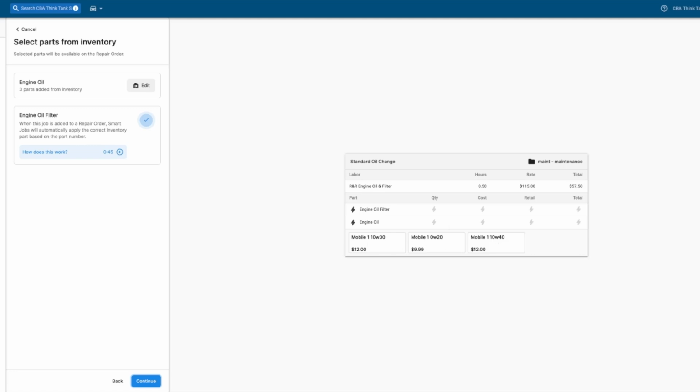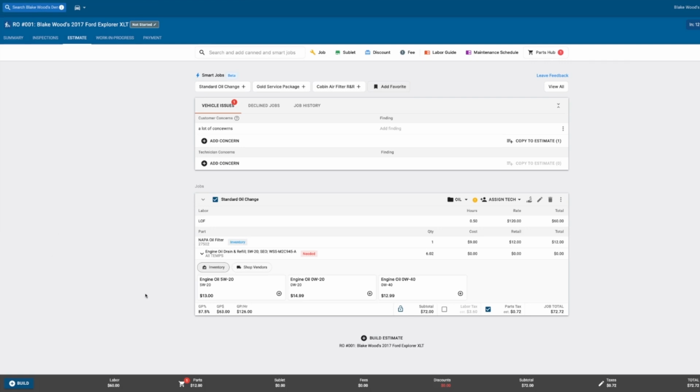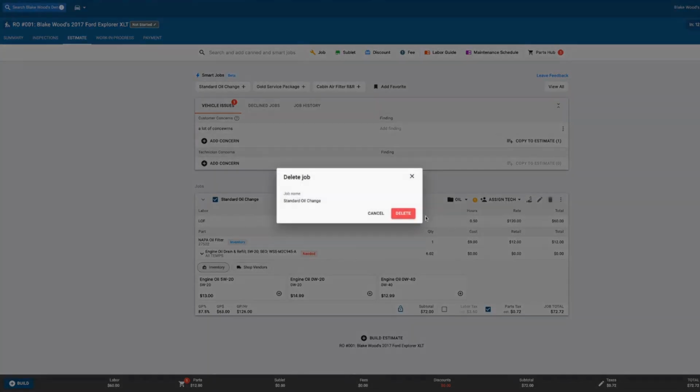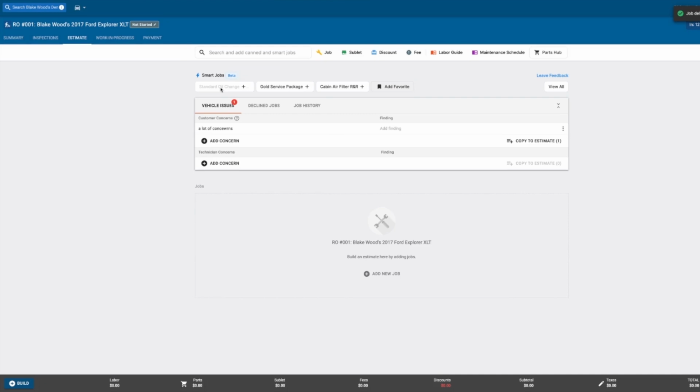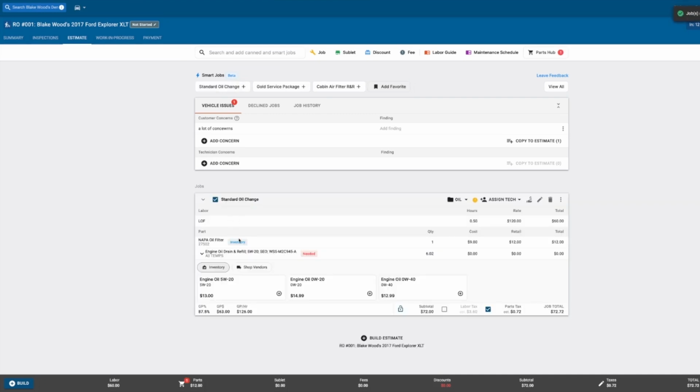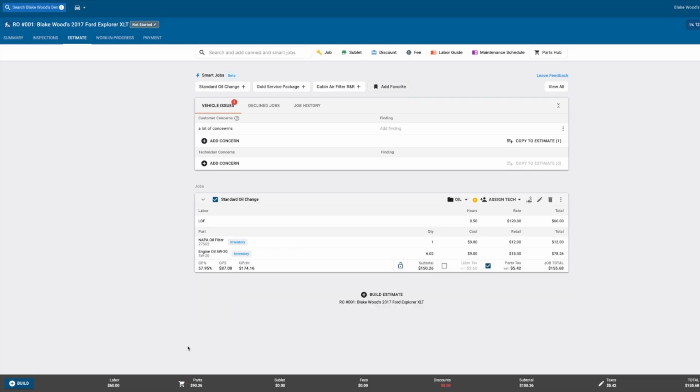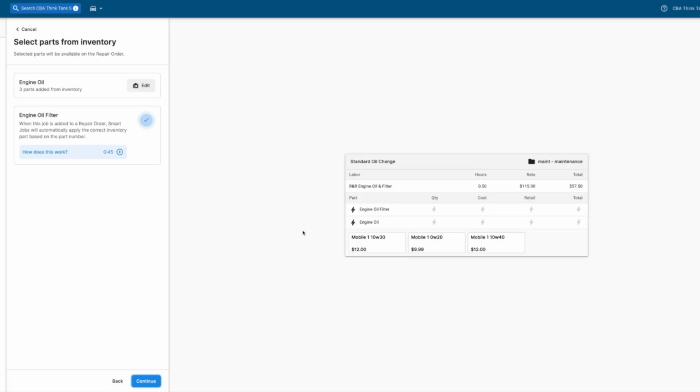right-hand side. And if I flip back over here, you'll notice that it mirrors this same exact behavior when you use it on the RO. So again, if I use this on the RO, you'll notice that the filter is automatically added from inventory, and that this vehicle takes a 5W20, and I just add my 5W20 that I had previously added while configuring this